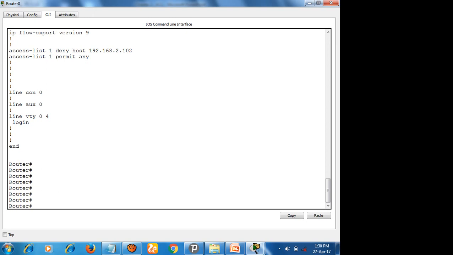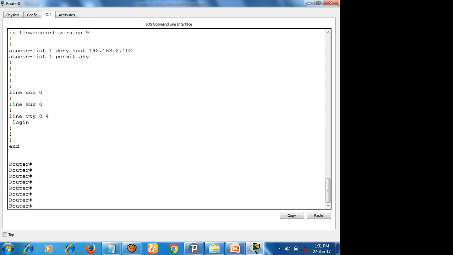It doesn't matter. You can go for inbound or outbound. Anyhow, it is a kind of rules and regulation followed by the structure, right? The standard ACL always goes for the outbound interface, and the extended ACL can be the outbound interface or the inbound interface. It depends on the scenario, right? If you want to restrict something before routing, then you can go for inbound. If you want to block or permit something after routing, then you can go for the outbound interface, right? So this is what the difference is.